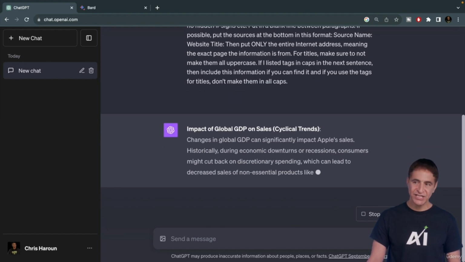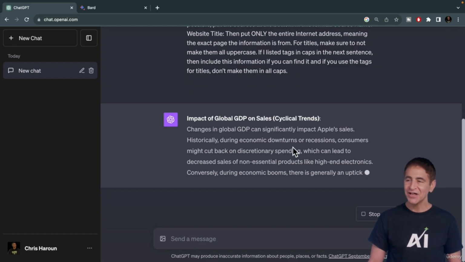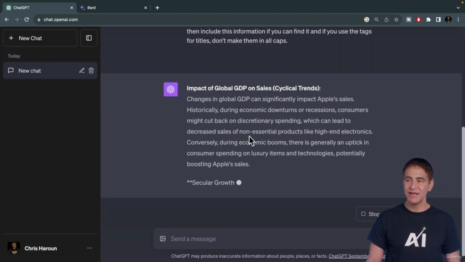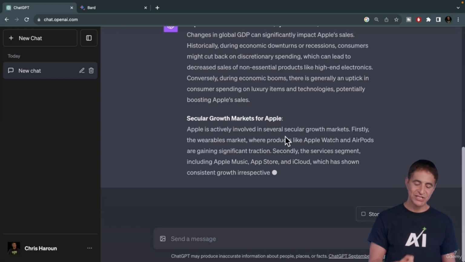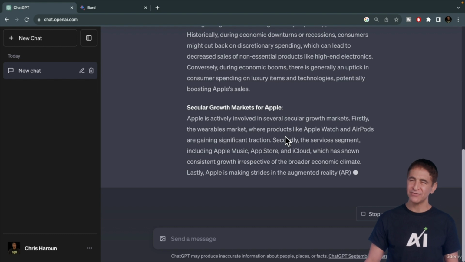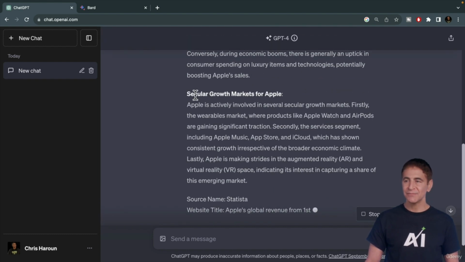So here it tells us what the impact on global GDP is, meaning cyclical trends. For Apple, consumer spending gets hit pretty hard during economic downturns. Obviously, it hurts Apple because Apple is kind of a retail company too. They have lots of Apple stores. When it comes to secular growth here, we find out that there are several secular growth markets, such as